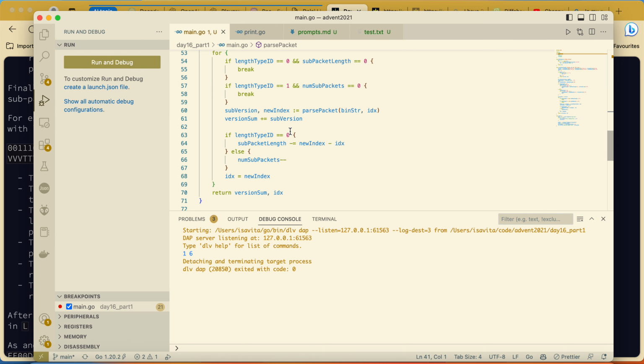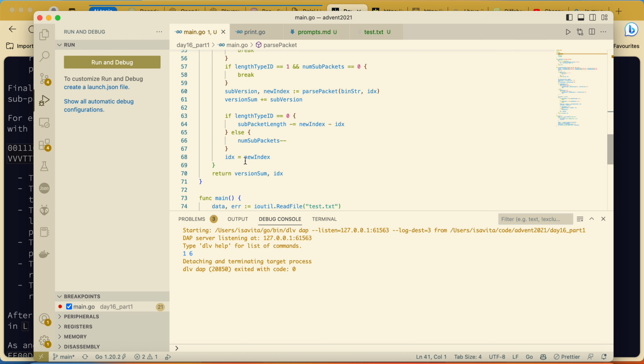I think simply how we were subtracting here was wrong.